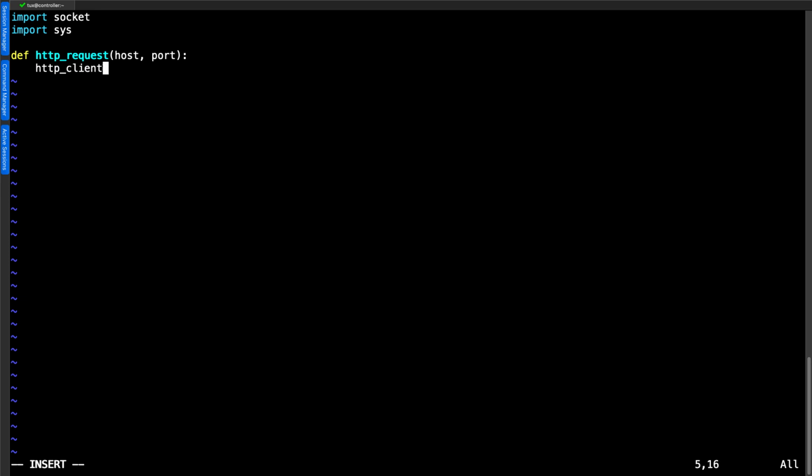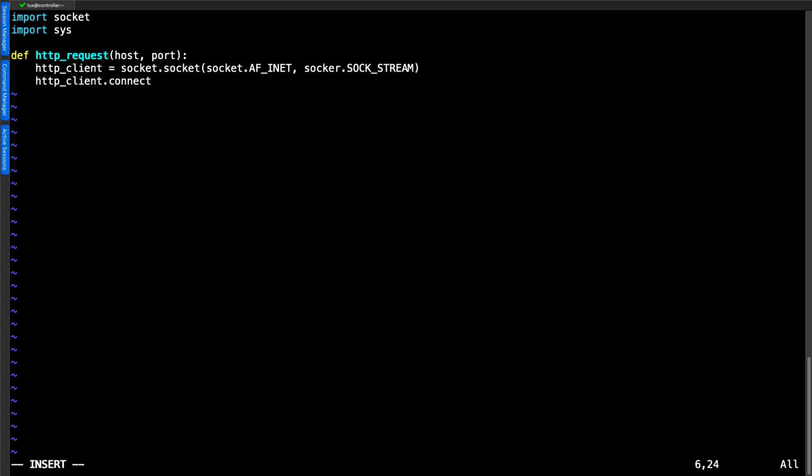As we continue inside of the function, we're setting up a variable called http_client, and that's going to be made up from our socket import and the socket class. We need to pass a couple of parameters through to this, and we're going to be specifying that we are working with IP version 4, and we separate with a comma and then socket.SOCK_STREAM. This is indicating that it's a TCP connection. We can continue, and of course now our HTTP client will have methods that are already built into it.